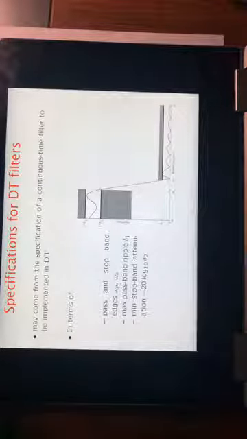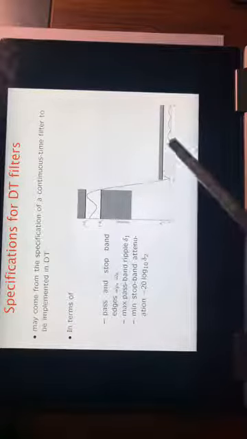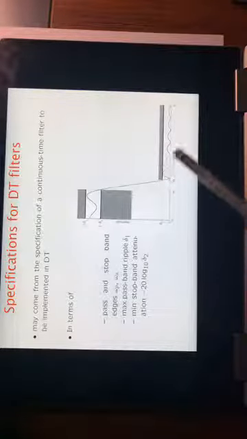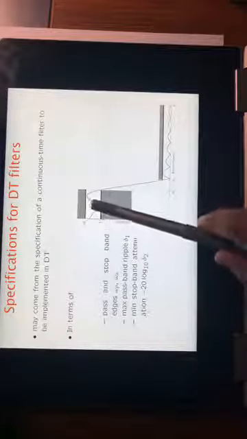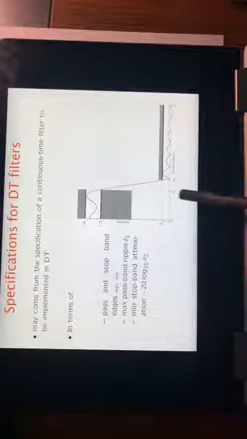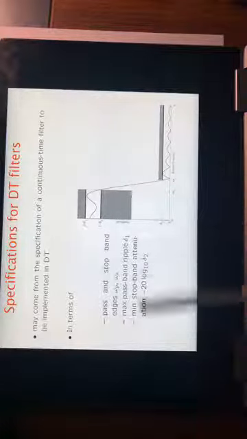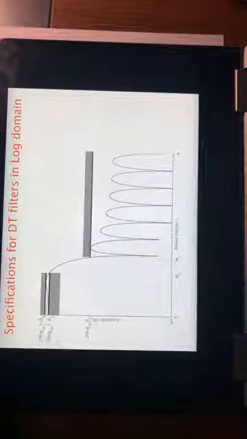And then we learned that ideal is not possible. Because ideal is not possible, you got to let your frequency response live in this region, transition in this region, and decay in this region. So this is called the pass band, transition band, stop band. The frequencies are omega pass, omega stop, pi. Okay, so you need to remember all these things, how these things are related to the filter that you are going to design.